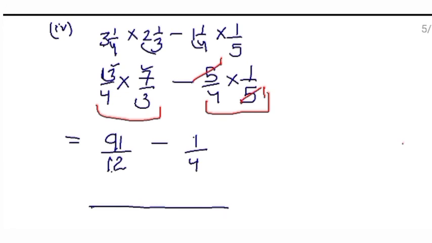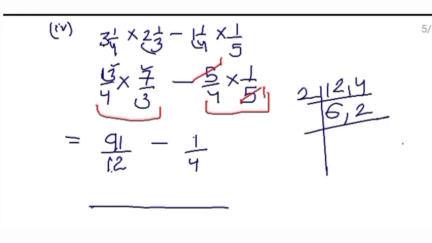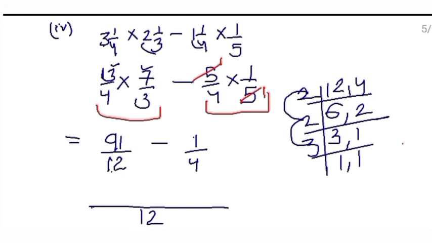Denominators are different, so you will make them equal by taking LCM. How do you take LCM? Take here 12 and 4. 2 6s are 12, 2 2s are 4. 2 3s are 6, 2 1s are 2. 3 1s are 3, 1 as it is. Now the LCM is 3 2s are 6, 2 6s are 12. So write denominator 12. Now this is already 12, so no need to multiply by any number, or you can multiply by 1. 4 3s are 12. So you will multiply this numerator also by 3.